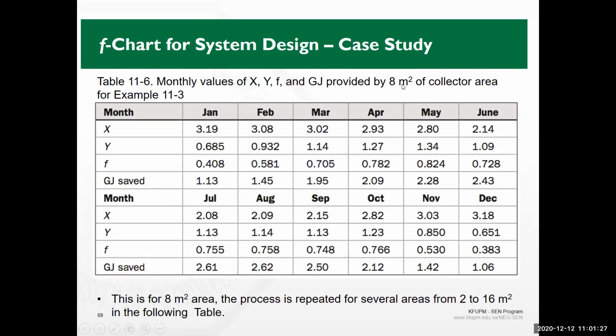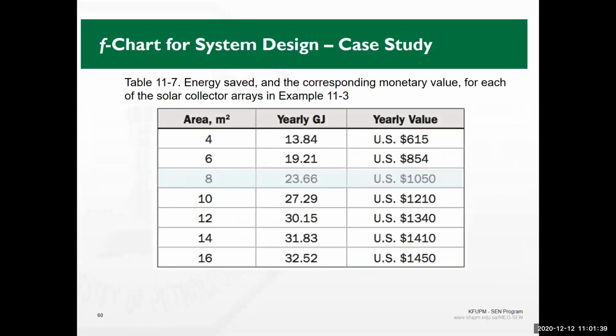What if we have different collector areas? For example, 2 meters square means 1 collector. To 16 meters square, it means 8 collectors. Here we said that we have 4. So to do that, the whole thing is being repeated for different values of collectors. So the analysis is being done for 2 collectors, 3 collectors, 4, 5, 6, 7, 8 collectors. And for each one of them, you are producing the yearly consumption or the amount of energy which will be taken by the collector, and how much is the yearly saving